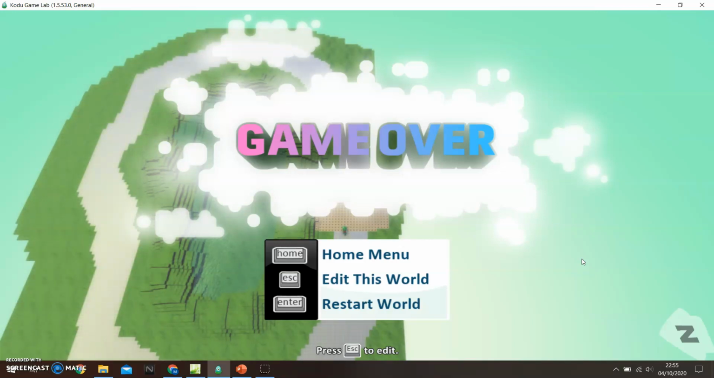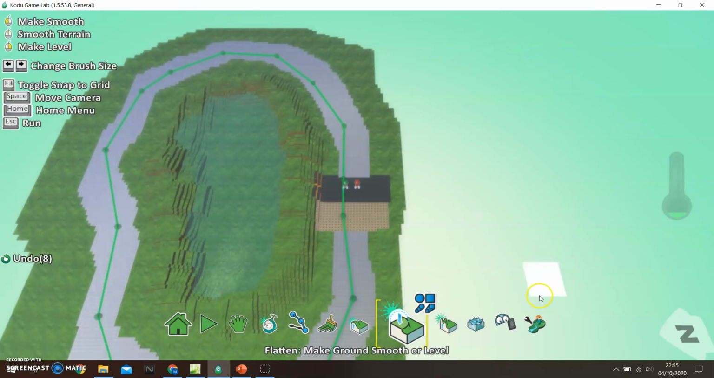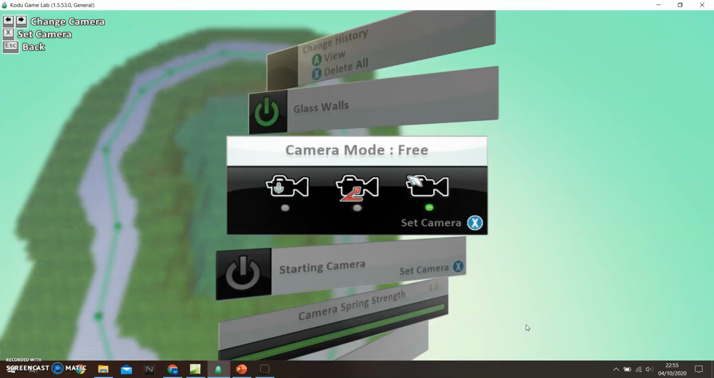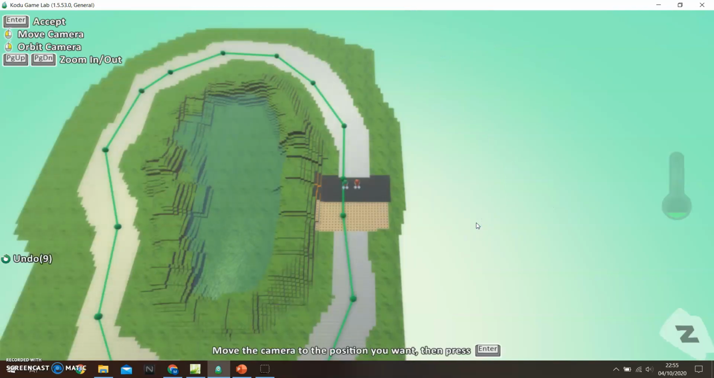So as you can see there, the enemy got round the track, beat us to the end zone, and therefore we get game over. So I'm going to go into world settings here, and I'm going to come down to camera mode, and I'm going to set up first of all a fixed camera. When I choose the fixed camera with the anchor, I have to then click on this X here for set camera. I have to rotate my world,